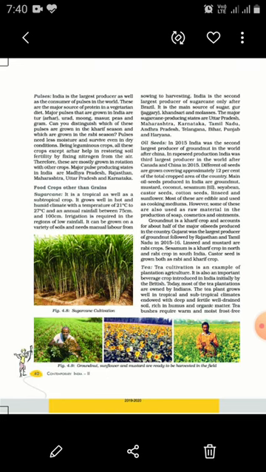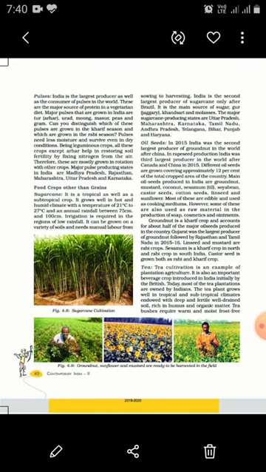Now, if we talk about groundnut, it is a kharif crop that is grown in the monsoon season. Among all the oilseed production, half of the production goes to groundnut alone. Andhra Pradesh is the largest producer of groundnut in India. After Andhra Pradesh, we can find the production of groundnut in Tamil Nadu, Karnataka, Gujarat, Maharashtra, and even some parts of Uttar Pradesh.